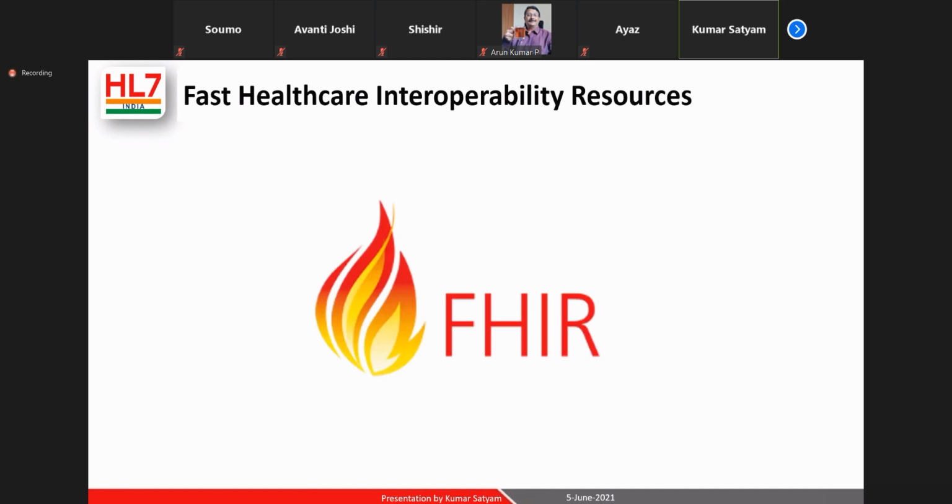Okay, so first thing first, we are talking about FHIR, right? FHIR is an acronym. It stands for Fast Healthcare Interoperability Resources. It is a standard which is developed by HL7 International. HL7 International is